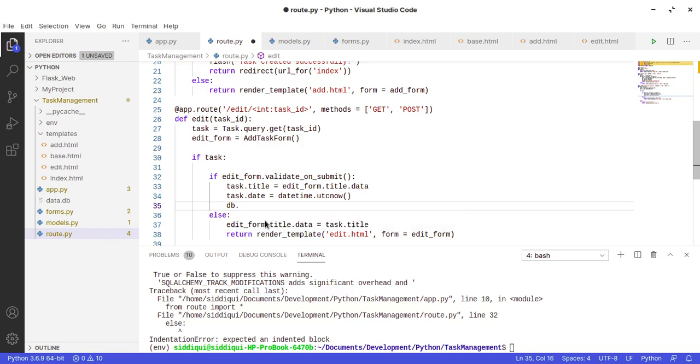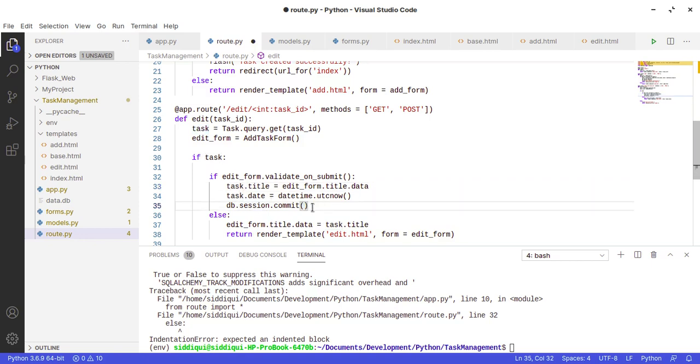Okay, now this time we don't need to add the task into the session because it's already in the session, because we just fetched it from the database. So the ORM, the database layer, SQLAlchemy, already has it. So we don't need to add. We can just commit the changes with db.session.commit(), from the session to the database.